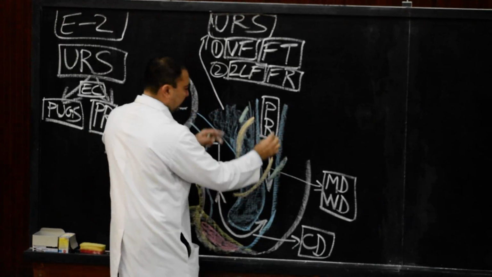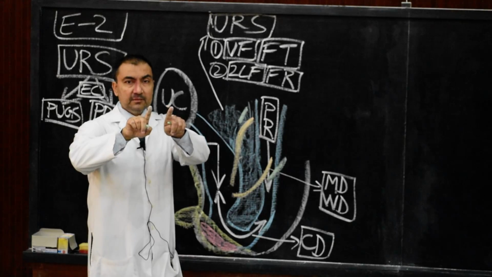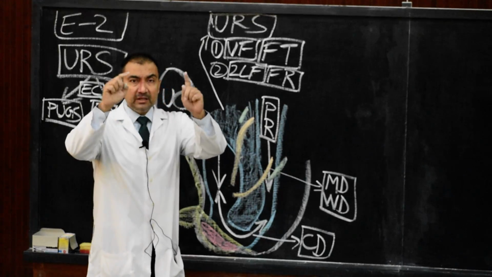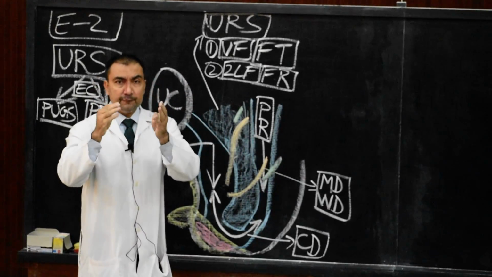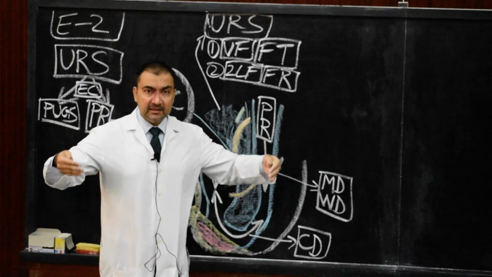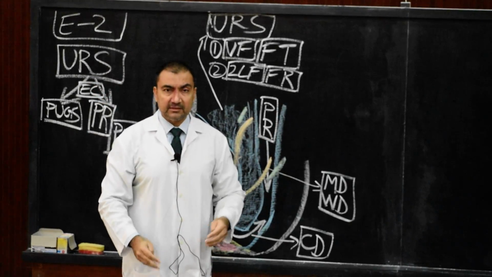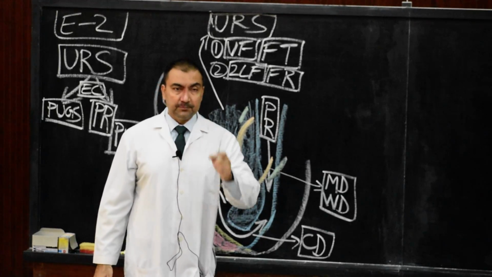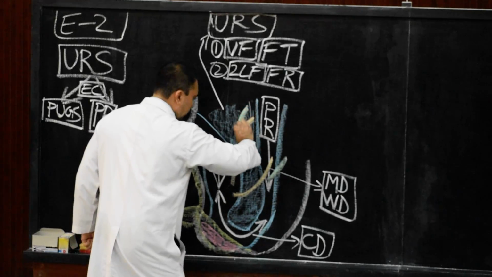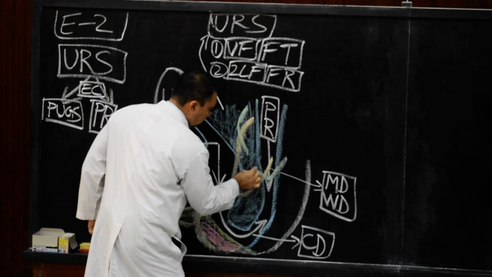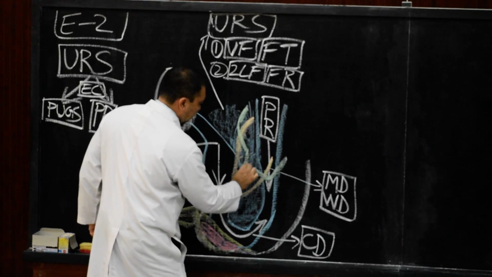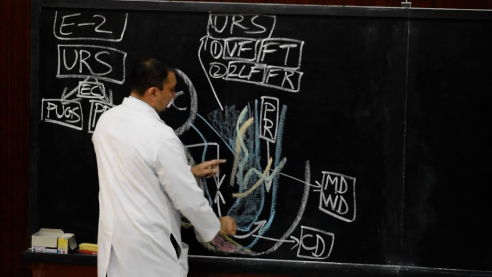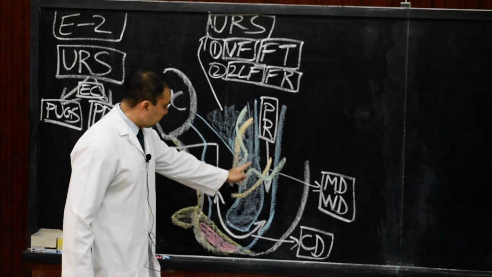This is what we show. They are coming from above, lying lateral to mesonephric ducts. But these two paramesonephric ducts, which are also called Mullerian ducts, will cross in front of mesonephric ducts, ventral to mesonephric ducts, and then they will cross ventral and medial to mesonephric ducts. They will come to lie medial to mesonephric ducts. Where will they cross? Urorectal septum. So in the urorectal septum, here we show they are crossing. Please show that they are crossing in the urorectal septum, and therefore they are lying just medial to the two mesonephric ducts. This is very important.